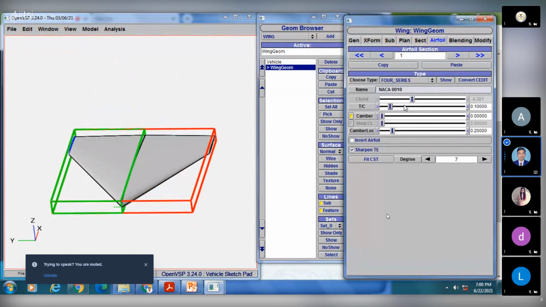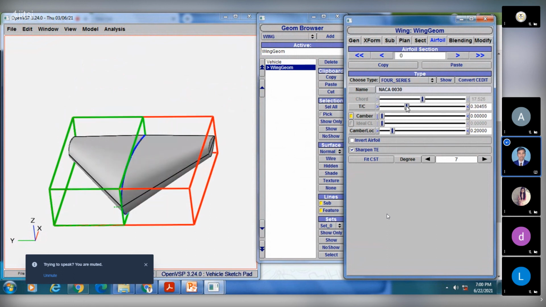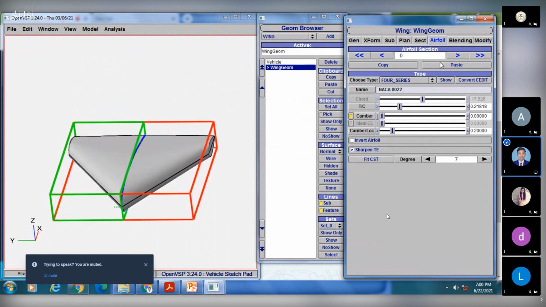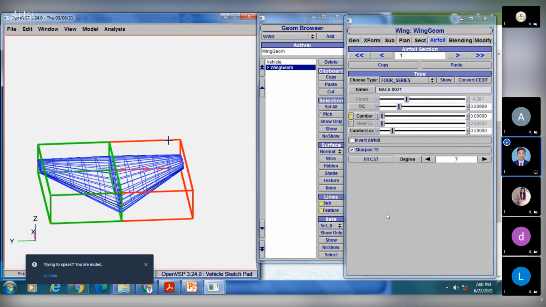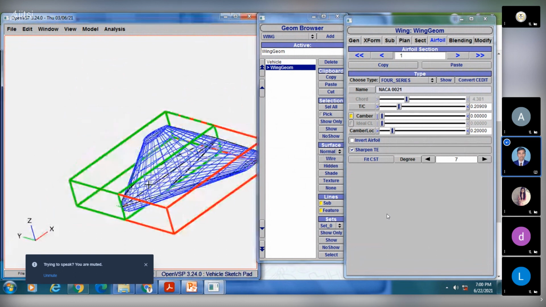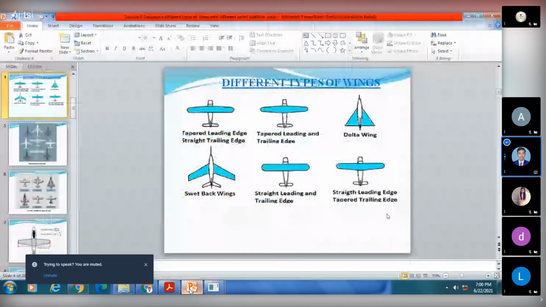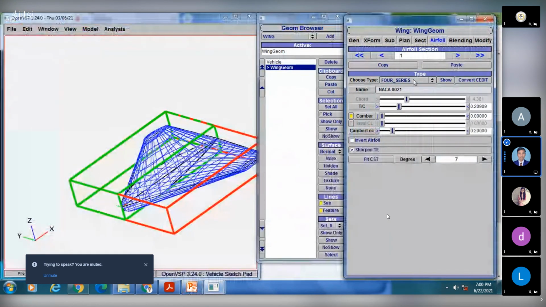You can come to aerofoil and increase the thickness to chord ratio. So this is your delta wing. Like this, you can design different wings, whichever wing you want, and you can add your aerofoils.